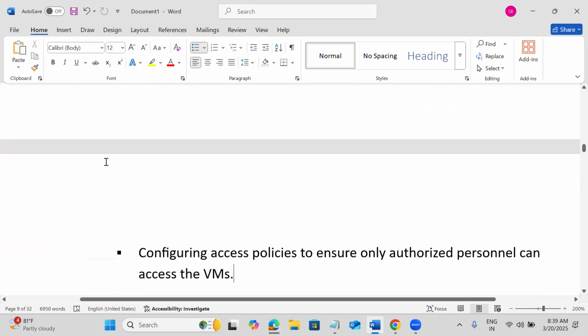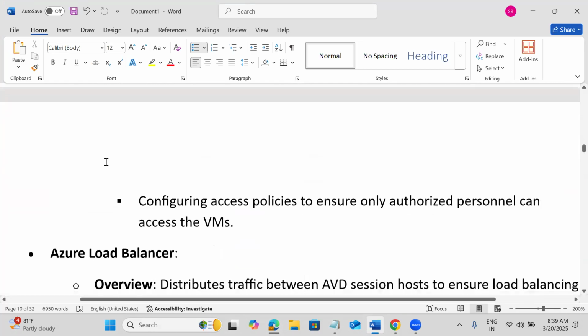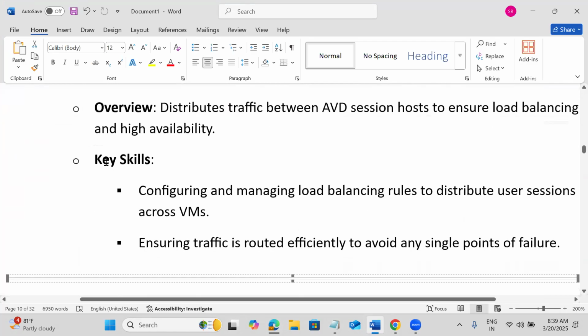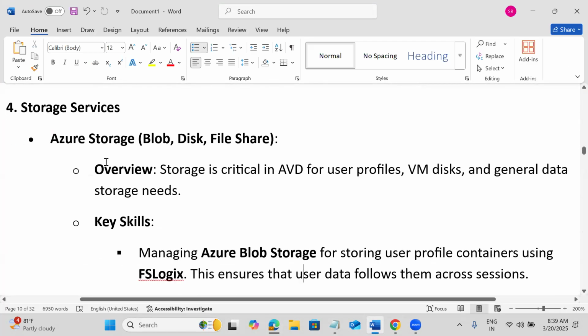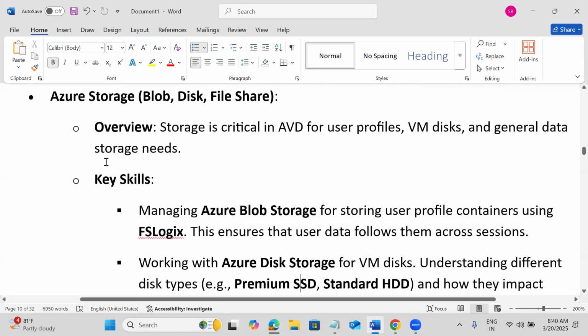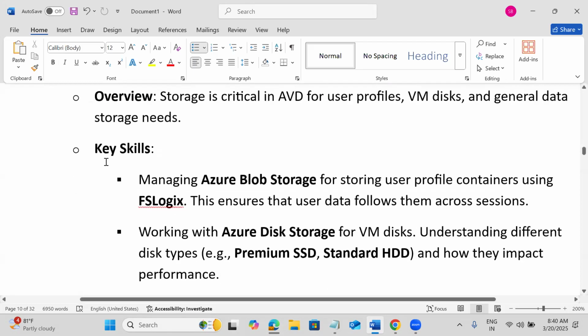So for all these services, before going for AVD, we require good knowledge. Even load balancers, Traffic Manager, and Front Door. And for storage also, we require good knowledge on the AVD side, for user profiles to store the user data.